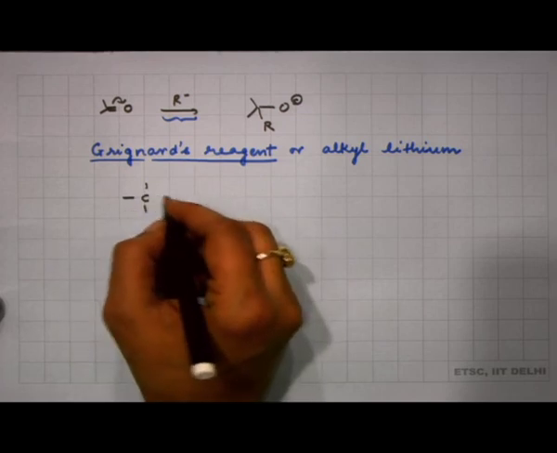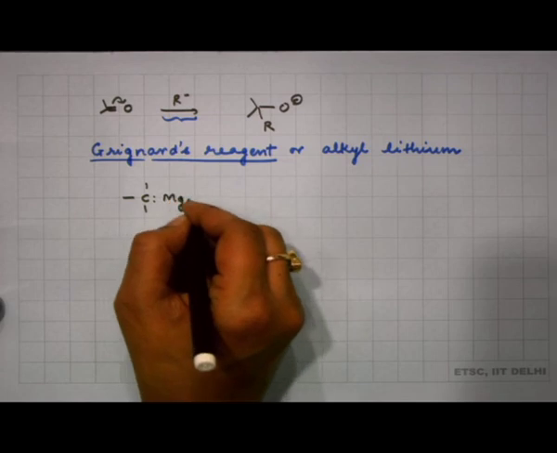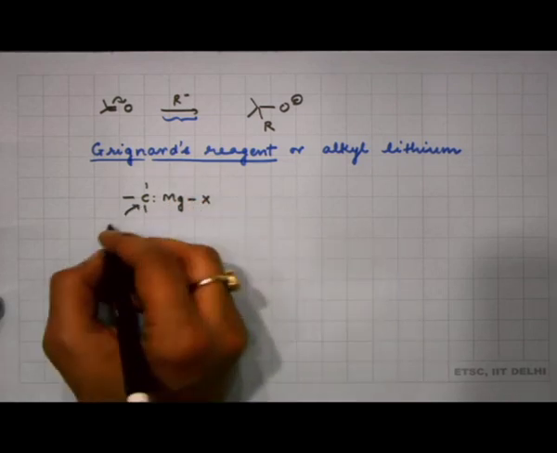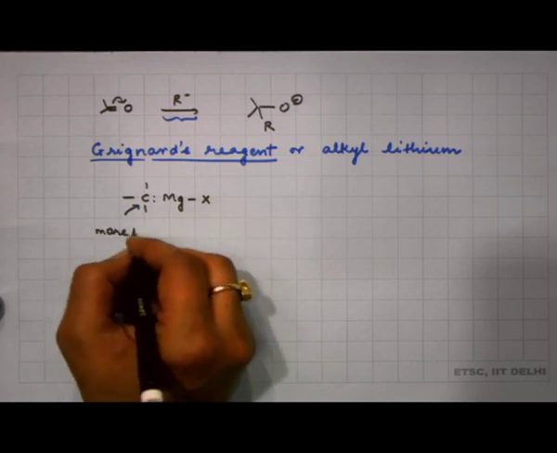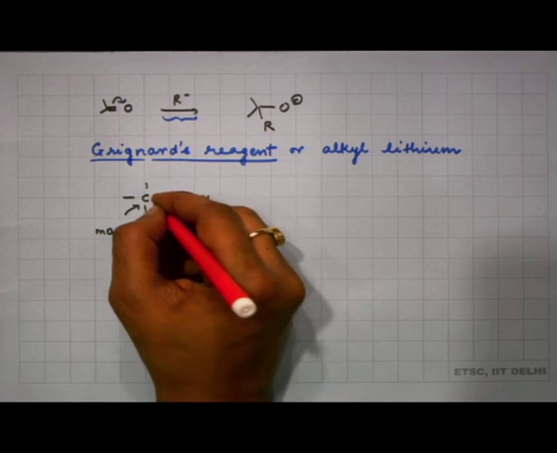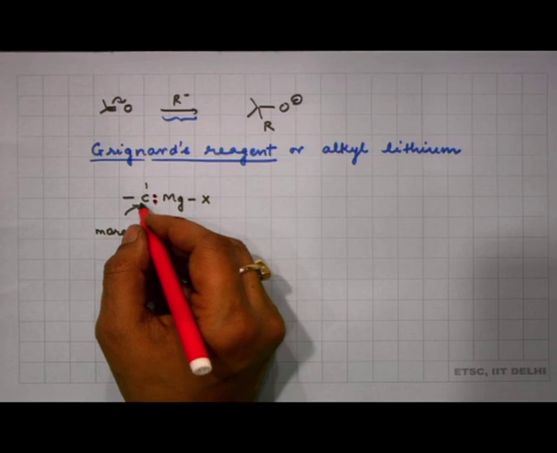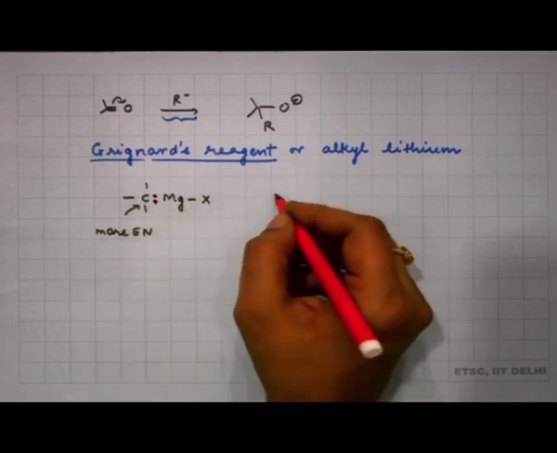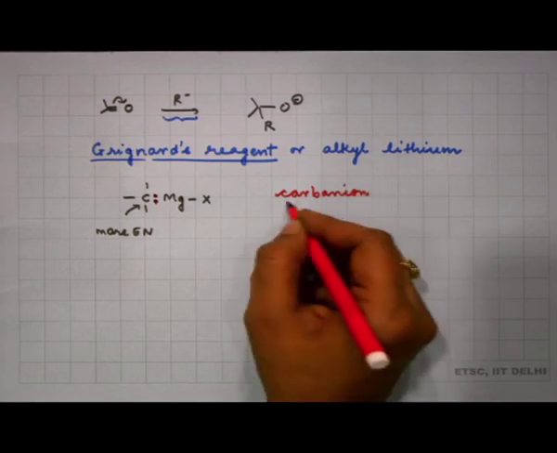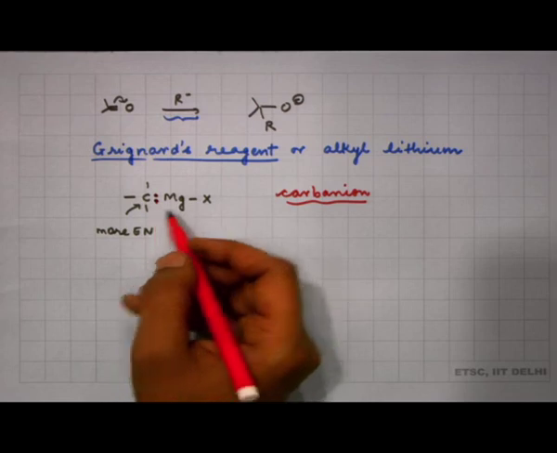is a molecule in which a carbon is bonded to a magnesium. So, this is carbon which is more electronegative, and this is magnesium which is less electronegative. So, therefore, this bond pair of electrons is going to reside more towards carbon, and therefore, the carbon has this character of behaving like a carbanion, because the bonded electron pair between the carbon and magnesium resides